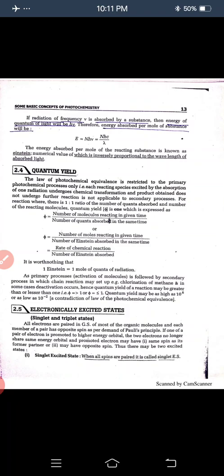It is not applicable to secondary processes. For a reaction where there is a 1:1 ratio of the number of quanta absorbed and the number of reacting molecules, quantum yield phi is one. Quantum yield phi is equal to the number of molecules reacting in a given time upon the number of quanta absorbed in the same time,